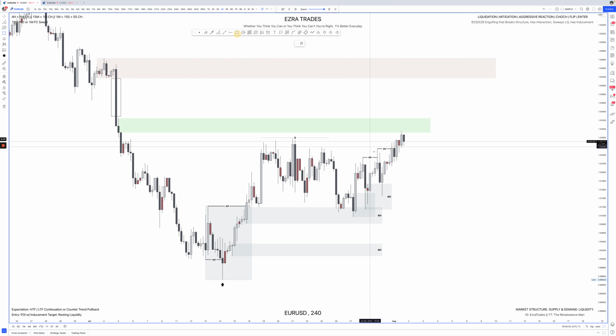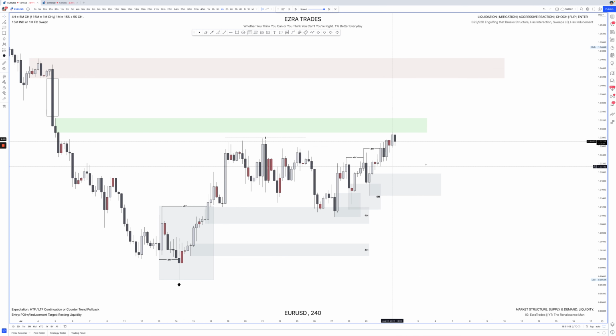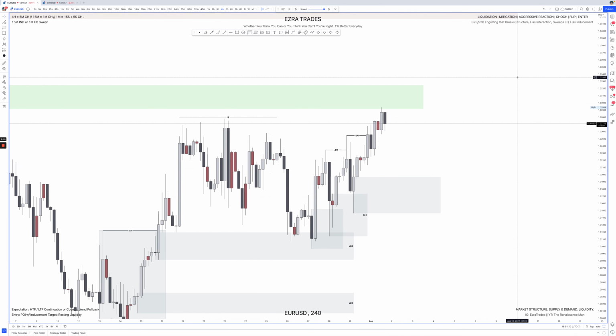At the same time, what do we have? This high, we pull back, we take that high. We could go ahead and say that we have this as the 4-hour point of interest. In my mind, basically what I did is I focused on this portion that was unmitigated. And then what I also wanted to pay attention to is, if I look in a little bit closer here,